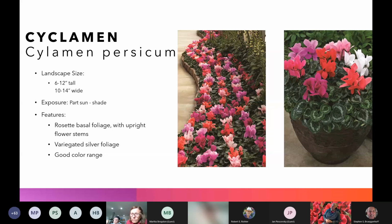Cyclamen. I was in the garden centers the other week, and there's a lot of cyclamen out there, and it's really great. I grew up in the Northeast, and cyclamen was more of a gift plant. This was not a cool season plant. It was maybe an early spring plant for us, but it wasn't a plant that we could use this time of year. But you can see that flower is very unique, because it curls, and then it opens up, and the petals